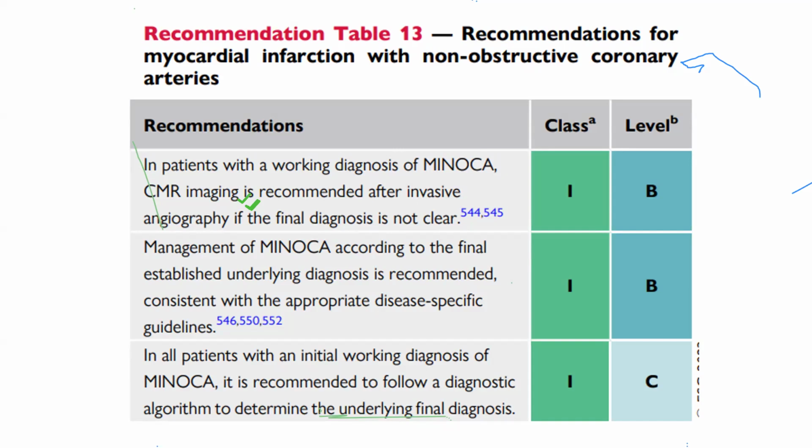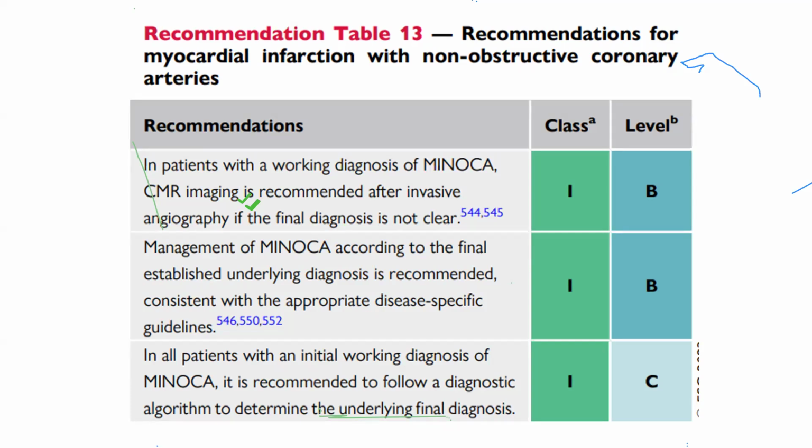So MINOCA is a patient who has fulfilled the fourth universal definition of myocardial infarction, i.e., there is evidence of myocardial injury, defined as troponins above the 99th centile upper limit of range, and has one of the following: ST elevation or ECG changes consistent with ischemia, history suggestive of ischemia, regional wall motion abnormality by imaging consistent with the coronary artery territory,